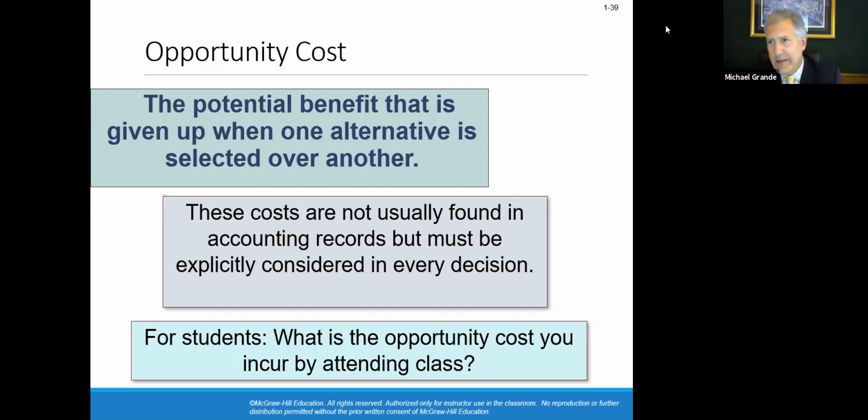By you being in class for 2.5 hours, rounded up to 3 for commuting, you're not able to work. $20 an hour, 3 hours, you lose $60, a lost opportunity. The $60 becomes the opportunity cost. That's the way I like you to remember it. A lost opportunity equals opportunity cost.